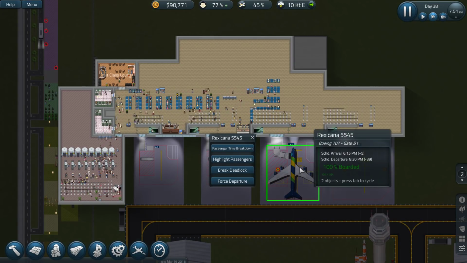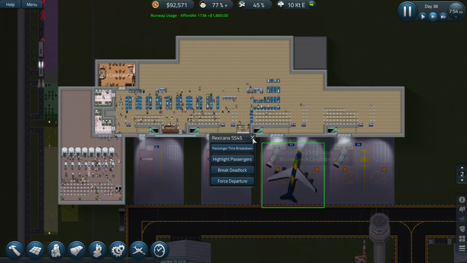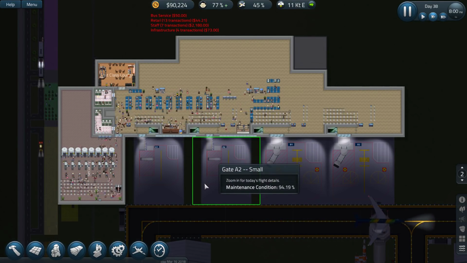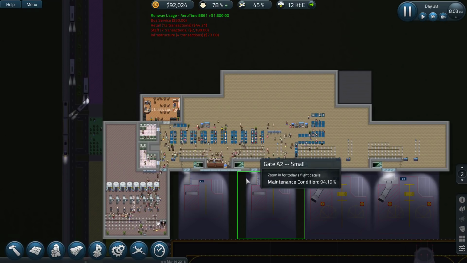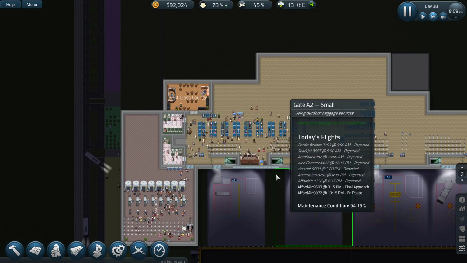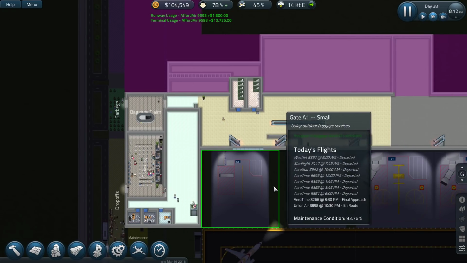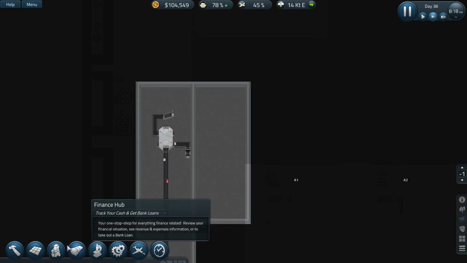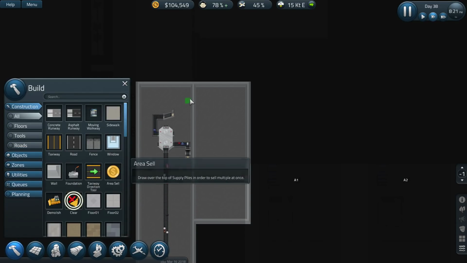Last few passengers, and there you go. I think our operation is working well now. Security is doing its thing. Have we finished construction downstairs? We have indeed. So what I'll do is I'll make sure to come and clear out this area,